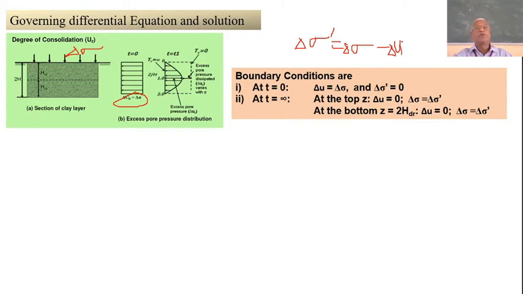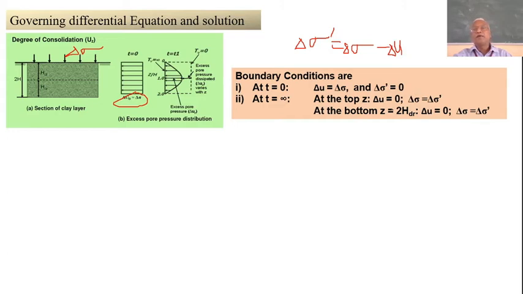pressure will be directly going as a pore water pressure. Directly going as a pore water pressure means, if you apply 100 Newton per meter square as the pressure, then in the beginning instant, effective pressure will be 0, and pore water pressure will be directly equal to 100. Okay, that's how it is. So delta U will be equal to delta sigma, and delta sigma dashed equal to 0.